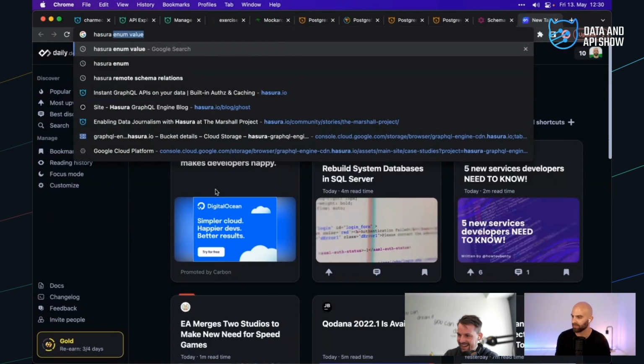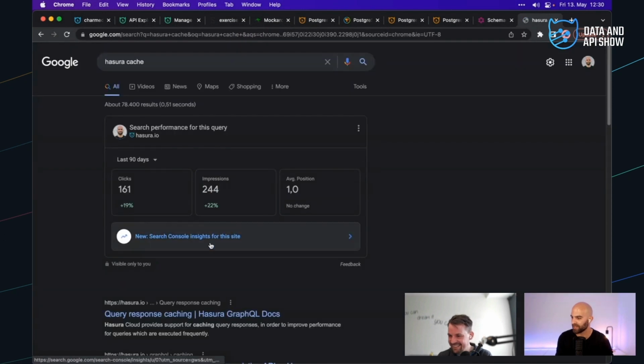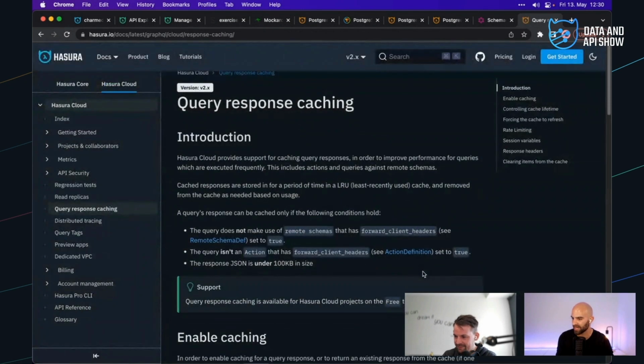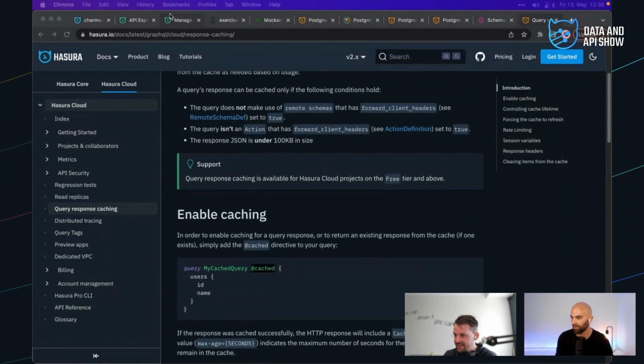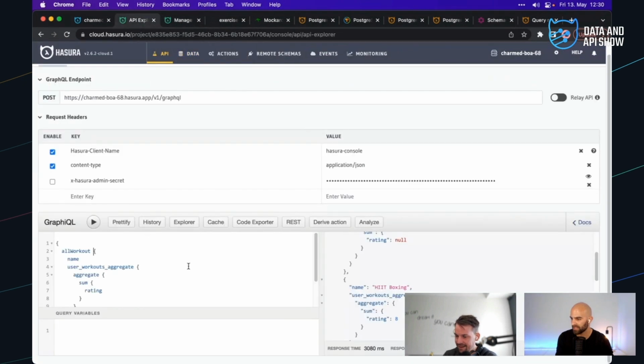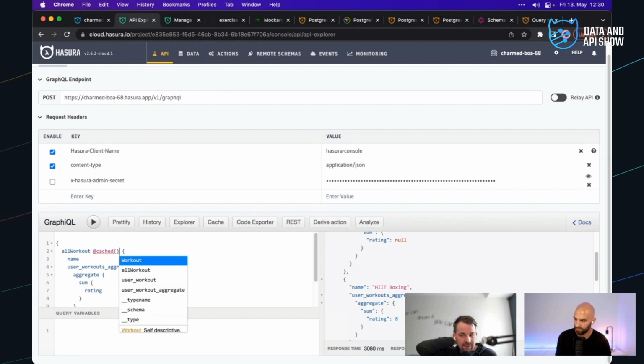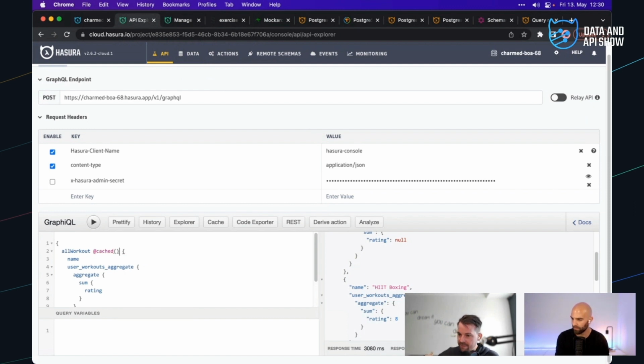Okay, let me just look it up now. Hasura cache is only in cloud. Okay, cool. Go to the API. We'll say all workout. I believe we cache remote schemas too. And I don't remember what endpoint to use, but we also have a cached GraphQL endpoint. And you get way more calls on the CDN, and we even cache post requests and so on. So it's caching all the way.